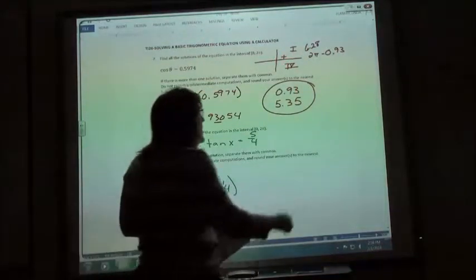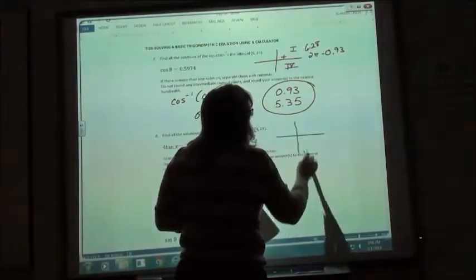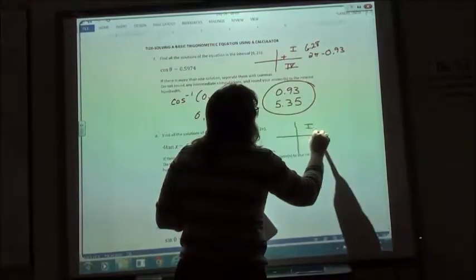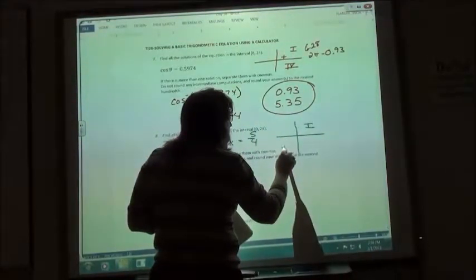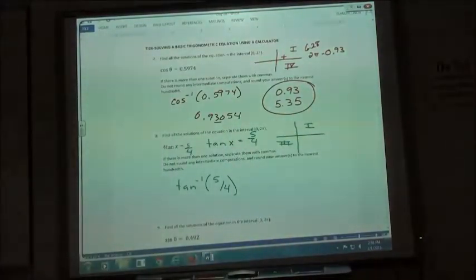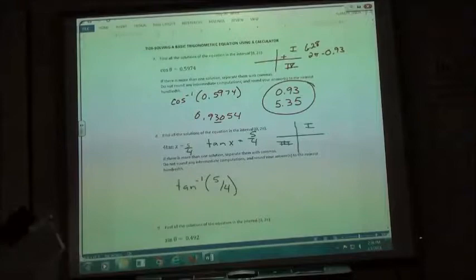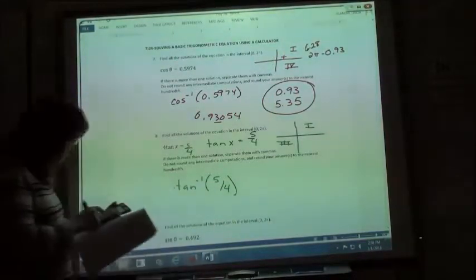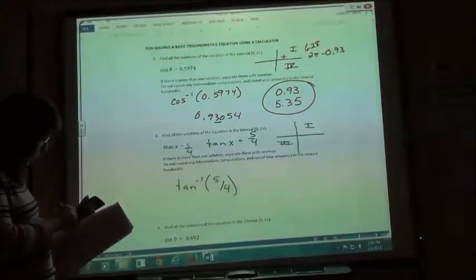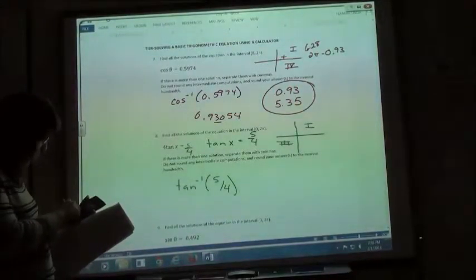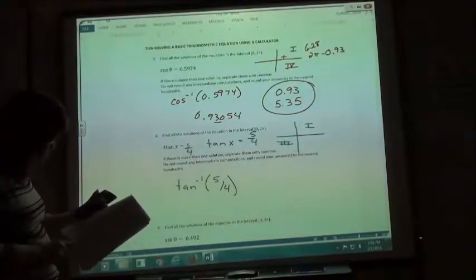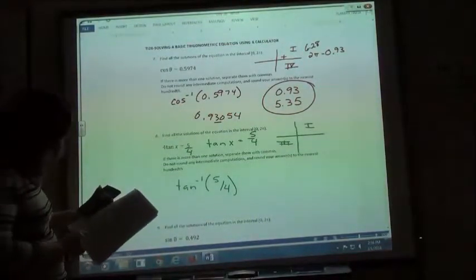We want to think about the tangent. Tangent would either be a positive over a positive, which would be in quadrant 1, or a negative over a negative, so in quadrant 3, for my tangent to be positive. So, inverse tangent of 5 fourths, if I use my calculator, shift, tangent, in parentheses, I'm going to put 5 fraction 4. I could do 5 divided by 4. If I hit equal, I get